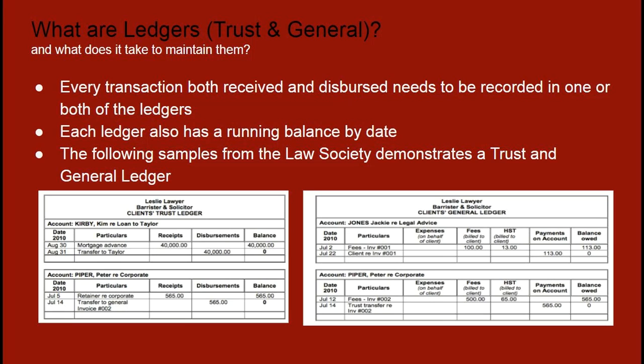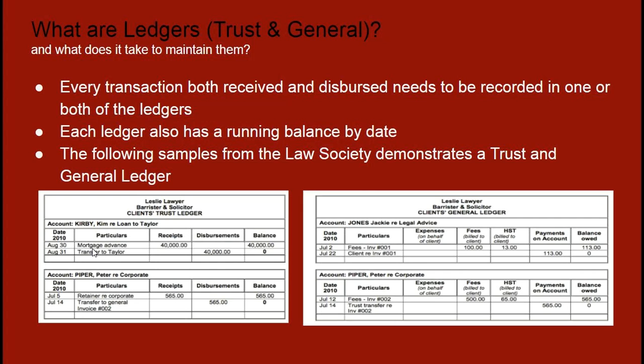Now when you look at the details that are expected in a ledger, here is a good example that's been taken out of the bookkeeping guidelines of the Law Society of Ontario, for example, and it's been consistent across the other provinces too. The information that they're asking for pertains to not just the overall firm. They require it over a time period broken down by the customers that were dealt with. Particulars such as the date, very important.